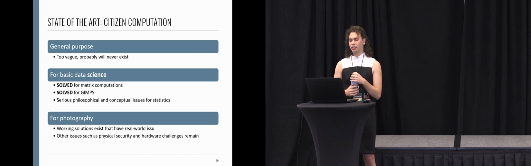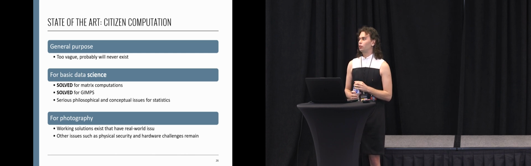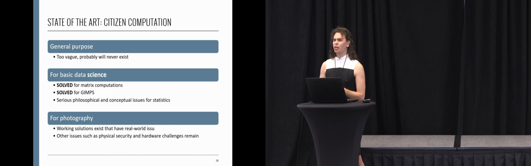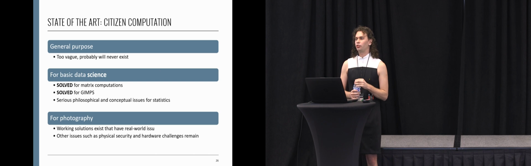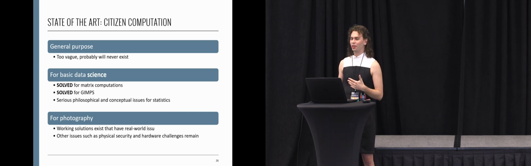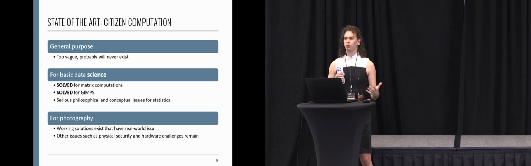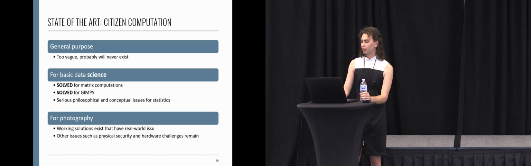The problem for data science and for distributed data science is statistics. There are somewhat deep philosophical and conceptual issues around the idea of verifying statistical analyses. In particular, this relates to the reproduction crisis in science, where someone can run a lot of statistical analyses and only report one of them to you, the one that shows the answer that they wanted it to show. And because there is some random chance in statistics, that causes problems. And there isn't really a known framework for even approaching this problem yet, which is pretty disappointing.